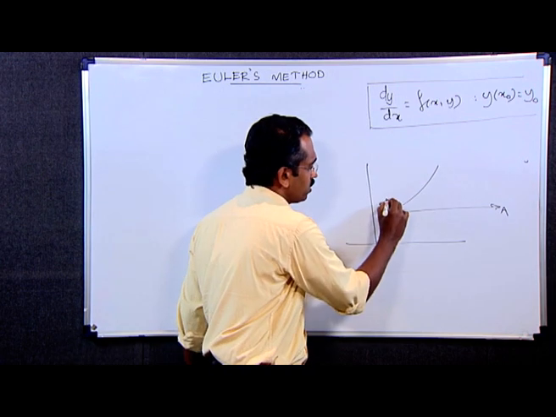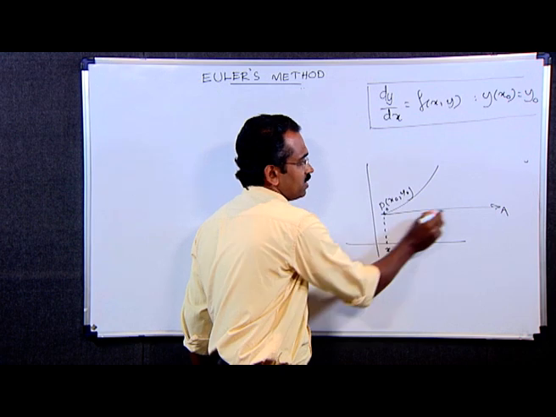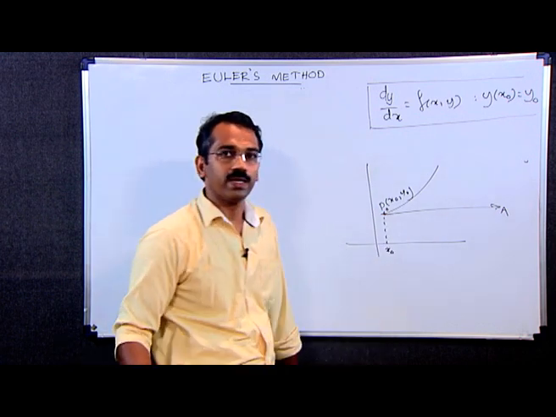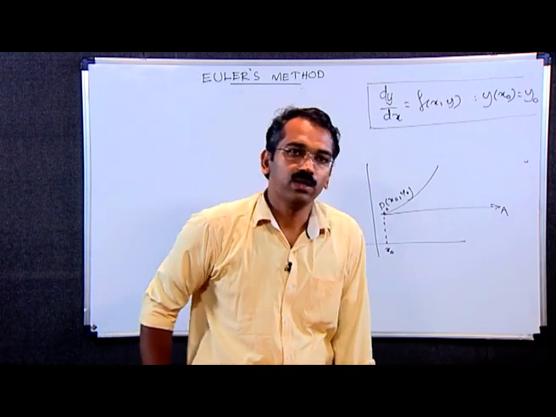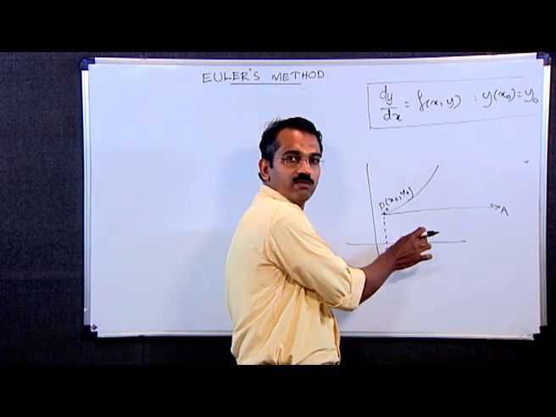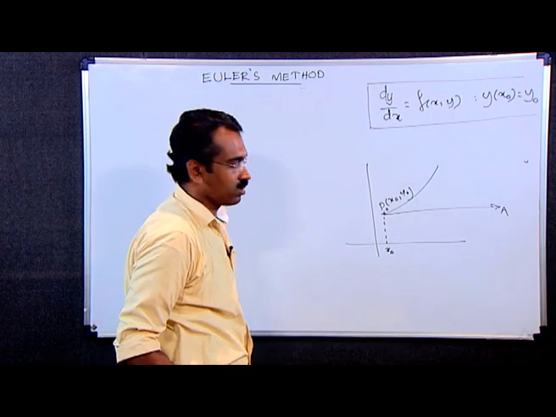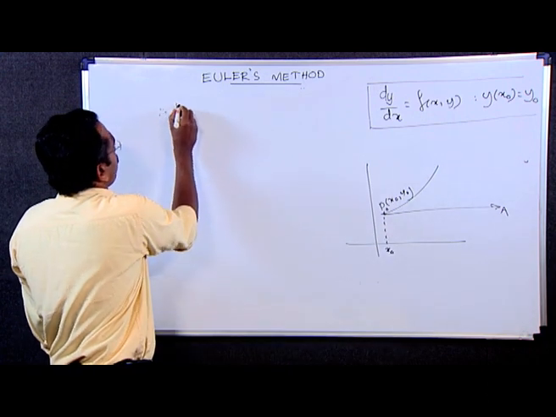This is the point x naught y naught. The corresponding tangent is the line P naught A. In the interval x naught x 1, by the previous Euler's method, we approximate the curve by this tangent. Therefore, we can write